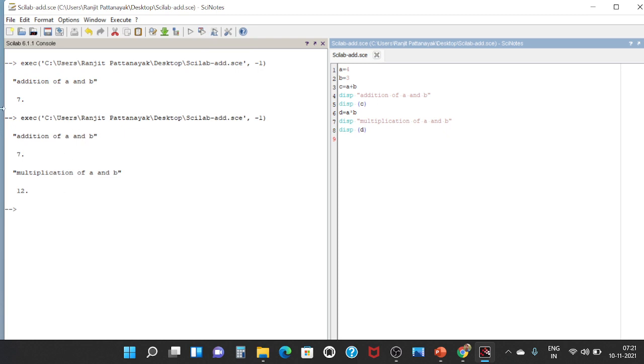It will give addition of A and B, the value is 7, and then another step, multiplication of A and B equal to 12.